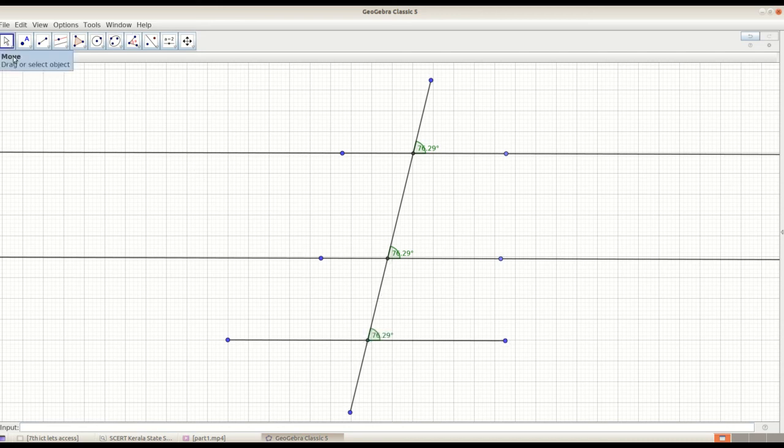Then take the move tool and place them here to make them visible. Then as a conclusion, we got these 3 angles are the same.